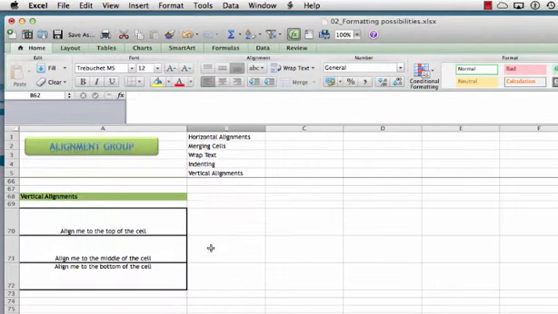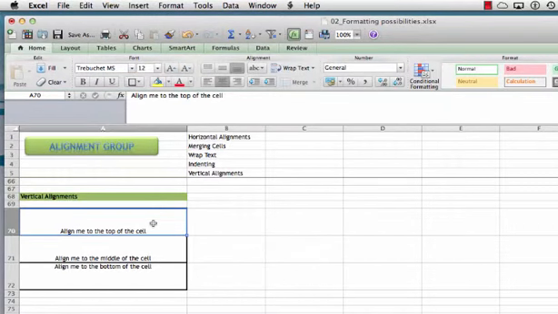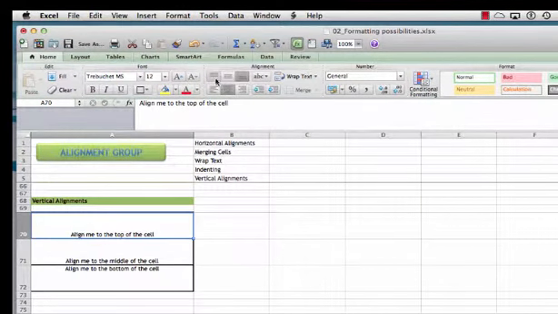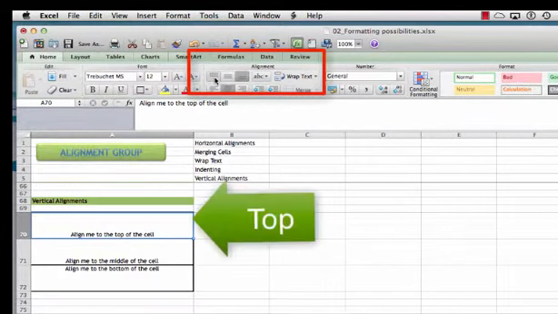Now let's go down and see how we set the vertical alignments. Similar to horizontals, we'll have tools to align the text on the top of the cell, in the middle, or in the bottom. So what we can do is click on A70, and now the vertical alignments are right there above the horizontal alignments. If I want to align this text to the top of the cell, I'll click this button,